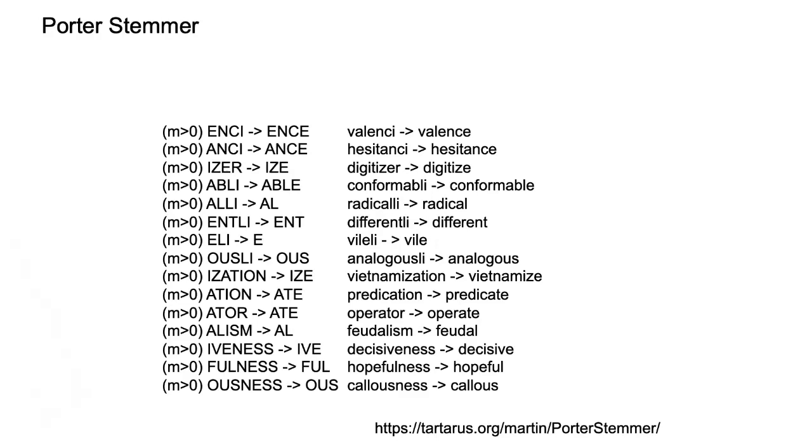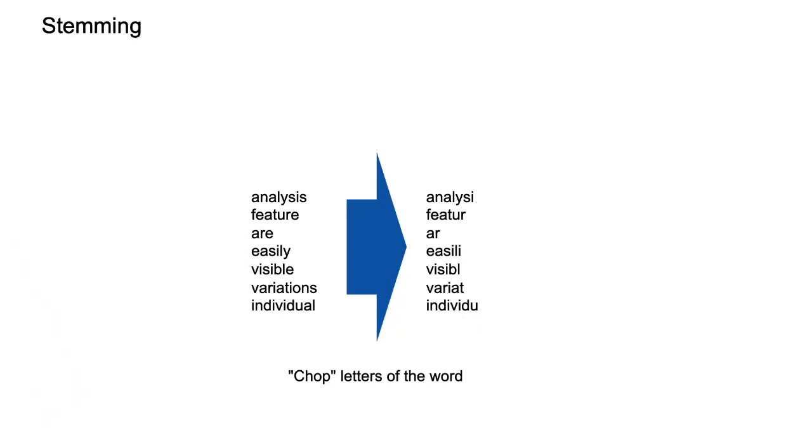So these are the transformation rules, and you apply them repeatedly, and then you arrive at something called the stem. Right, and then the stem gives you the type. That's the equivalence class that you're looking for. All of the tokens after stemming that lead to the same stem are put in the same equivalence class, and they are all together in the standard inverted index.